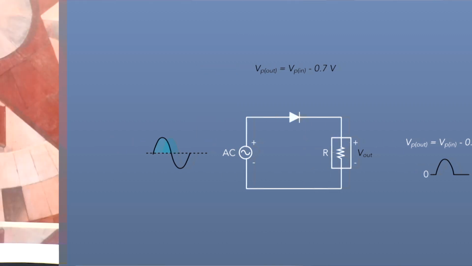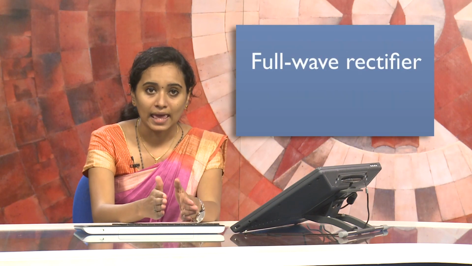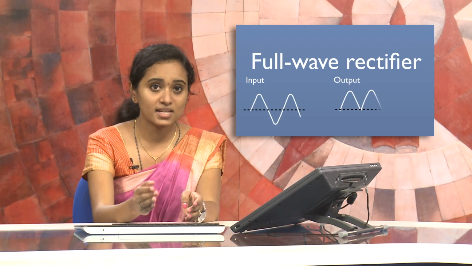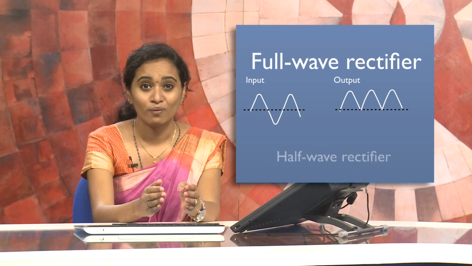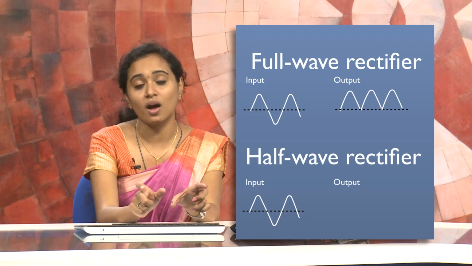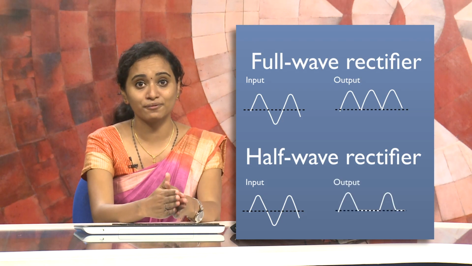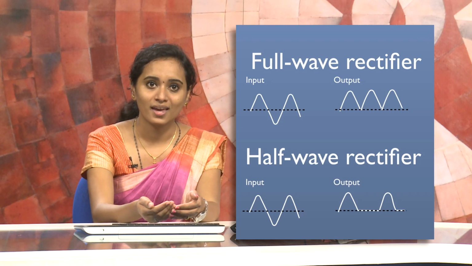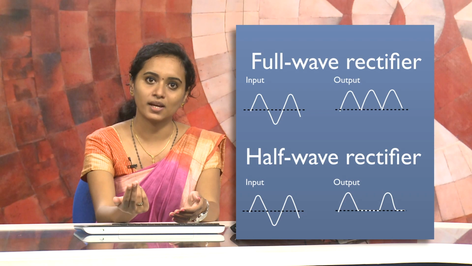The DC level obtained from the sinusoidal input can be improved 100% using a process known as full wave rectification. The basic difference between a full wave rectifier and a half wave rectifier is that a full wave rectifier allows unidirectional, or one way, current through the load during the entire 360 degrees of the input cycle, whereas a half wave rectifier allows the current through the load only during one half of the cycle. Thus, the result of full wave rectification is an output voltage with a frequency twice the input frequency that pulsates every half cycle of the input.